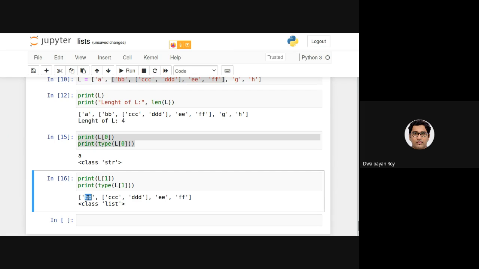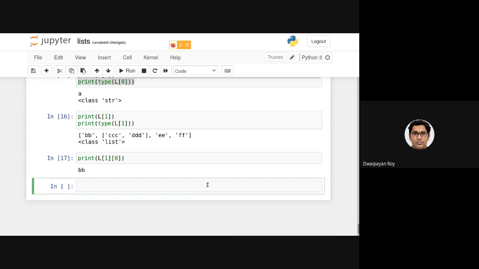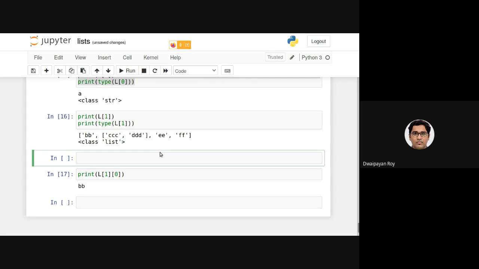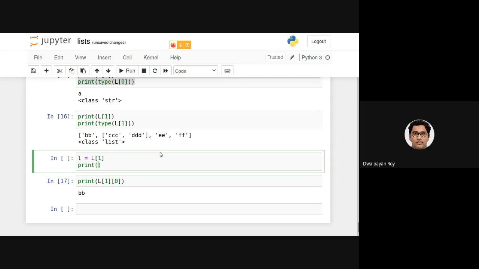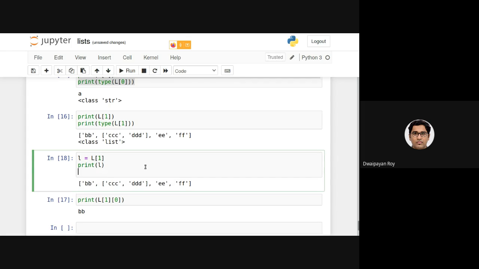So if I want to access this BB, which is the first item in this list, can someone say, well, how can I do that? It's pretty simple. So again, we have to write L1 and 0 here. Correct. Absolutely correct. So basically another way, if I actually want to access them, say if I declare another list, say small l, and if I do this, so basically this will be basically this, and then we can apply l, that is small l, this one, and then 0.